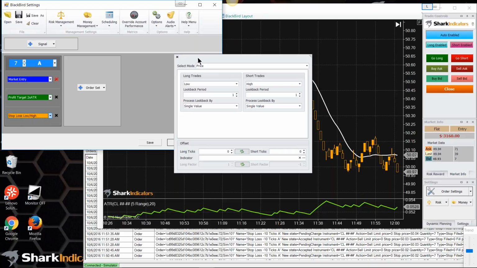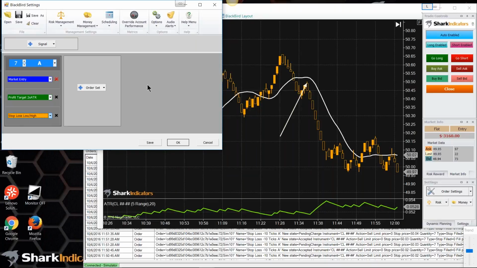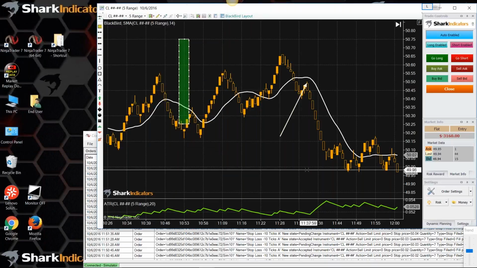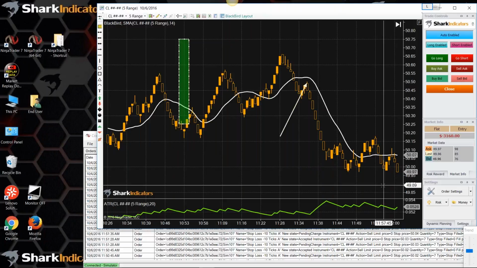You'll notice if a window ever just sits floating out here, all you have to do is click the X and that window goes away. All right, so let's just